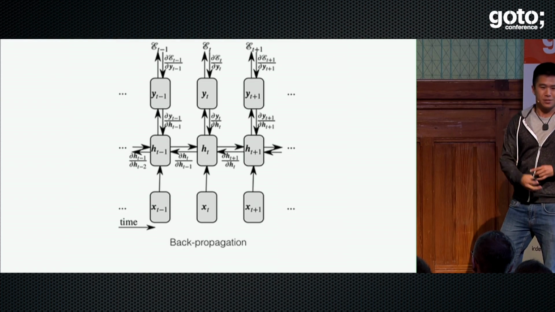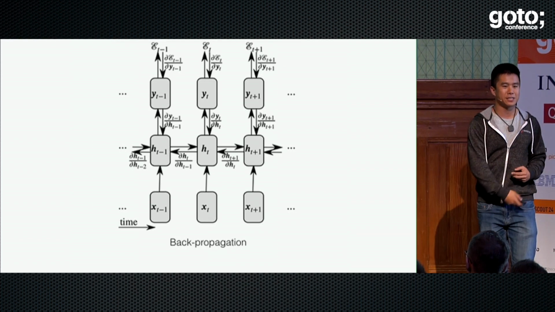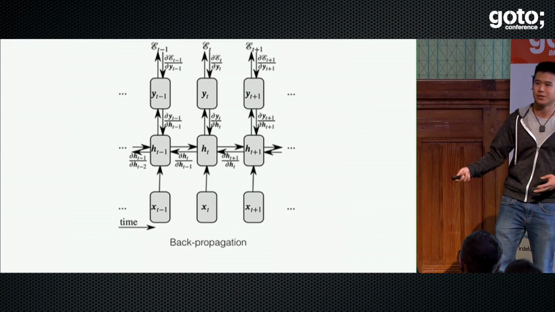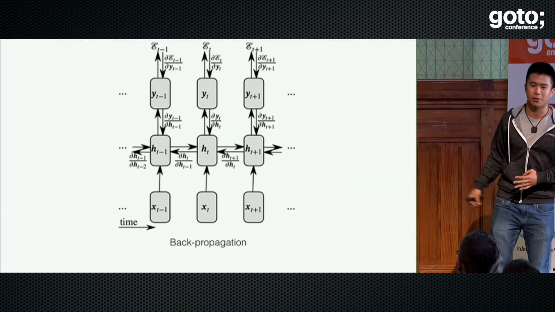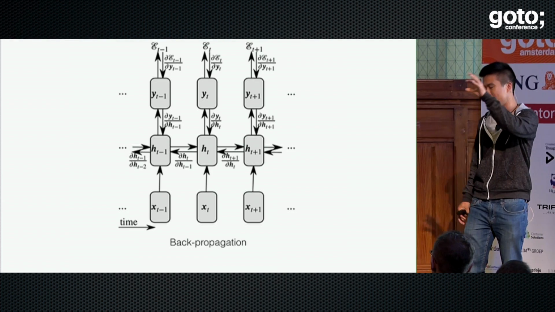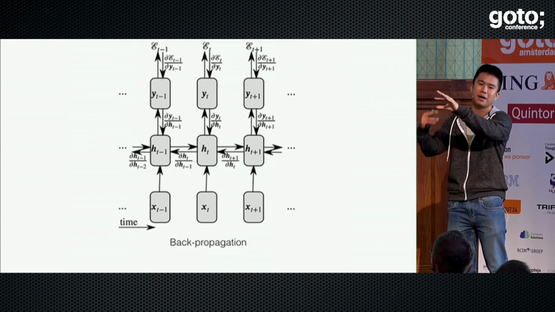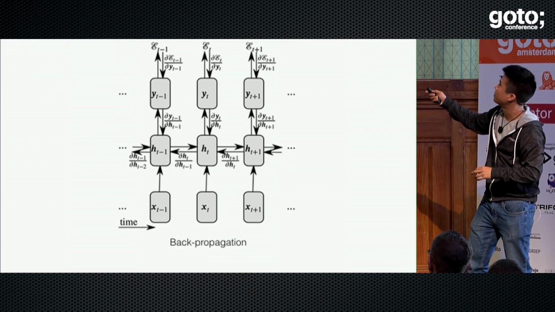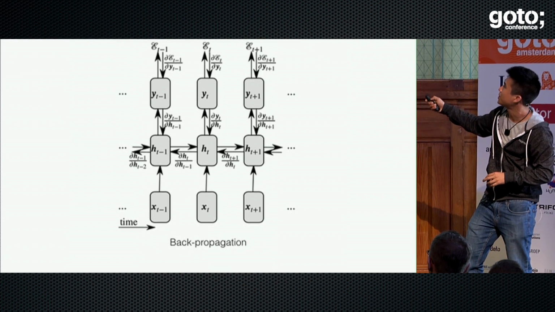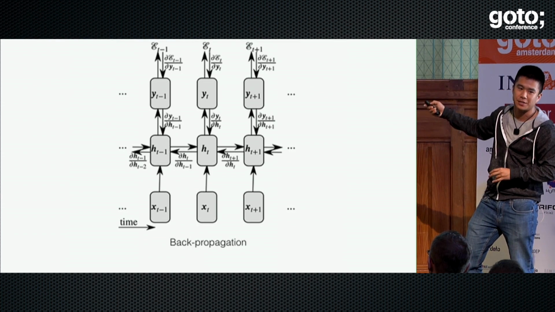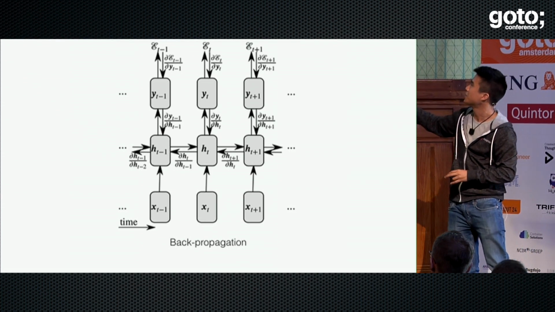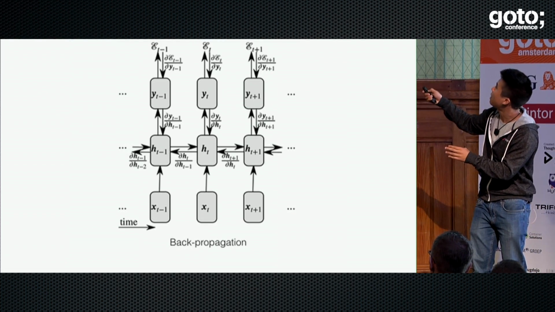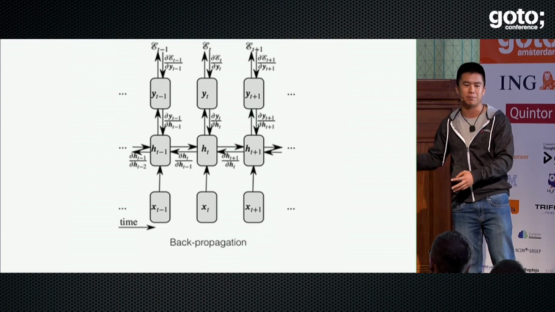But nevertheless, once we have this criteria, the way that the model is actually trained is by using the chain rule from calculus, where we take partial derivatives. Up here we have an error signal, so I know this is the real note that Bach used, and this is the thing my model is predicting. Okay, they're a little bit different. How do I change the parameters? This weight matrix between the hidden state and the outputs, this weight matrix between the previous hidden state and the current hidden state, and this weight matrix between the hidden state and the inputs, how can I change those around? How do I wiggle those to make this output up here closer to what Bach actually had produced?